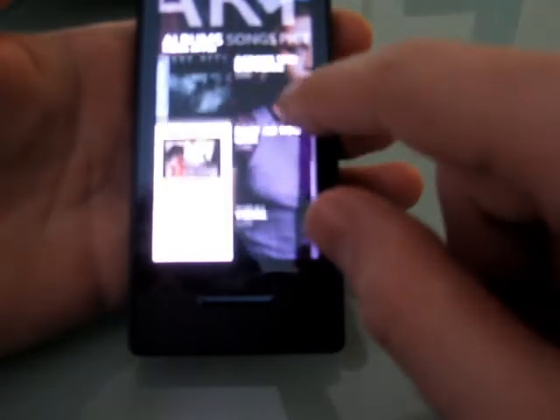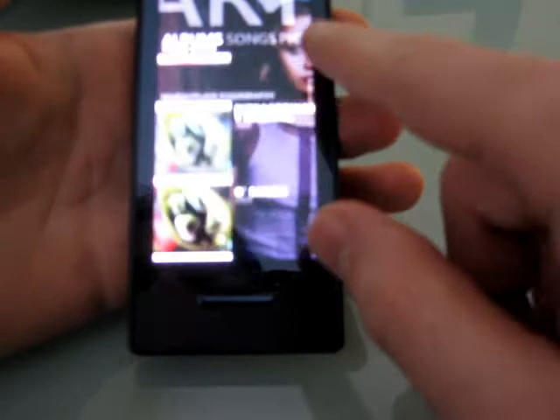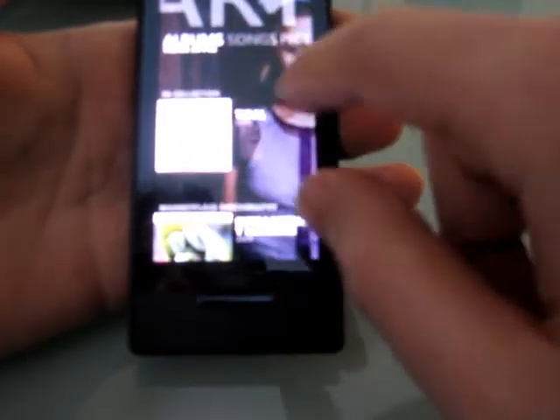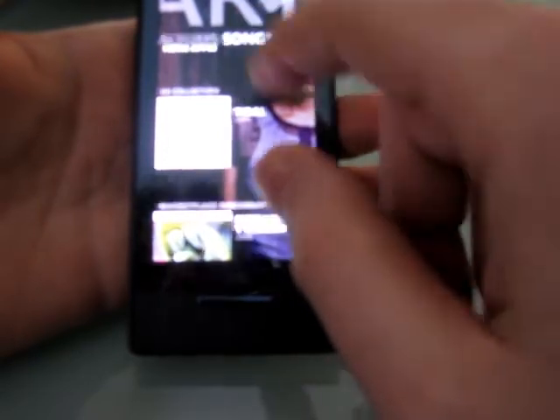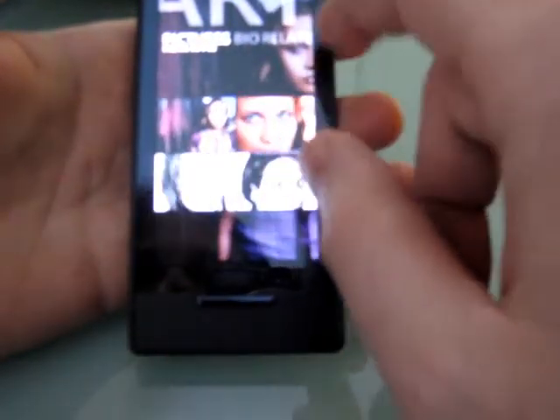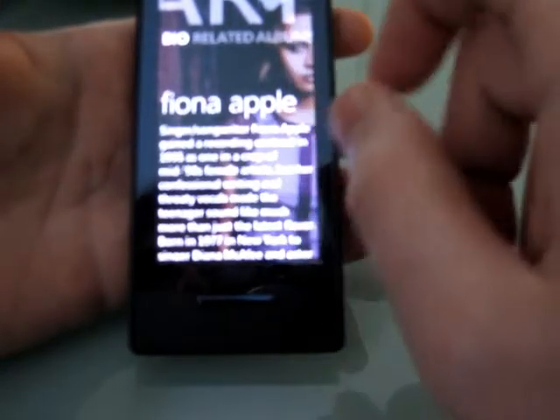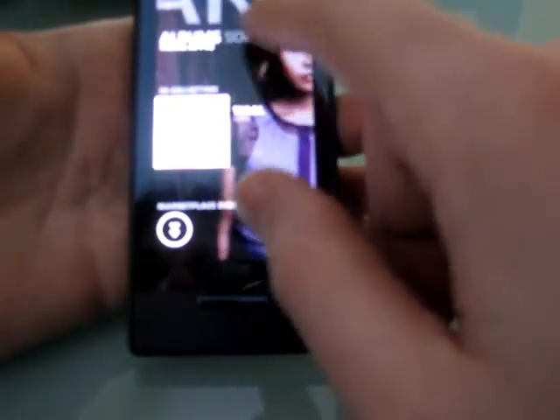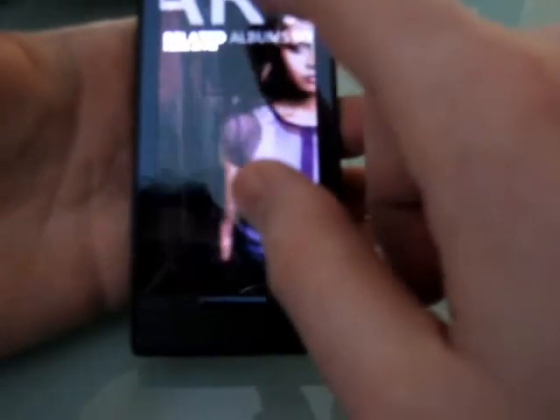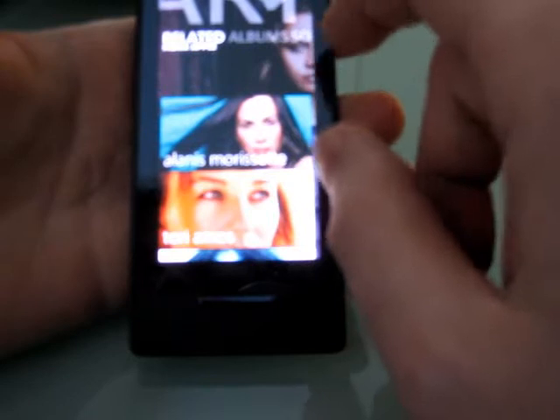And you can actually find songs from the Zune Marketplace here that aren't already in your library when you click on an artist. So you can go ahead and download those if you have an internet connection. And well, I'm just noticing this for the first time, there's actually a whole lot of interesting information here,